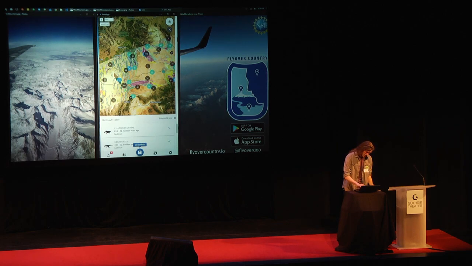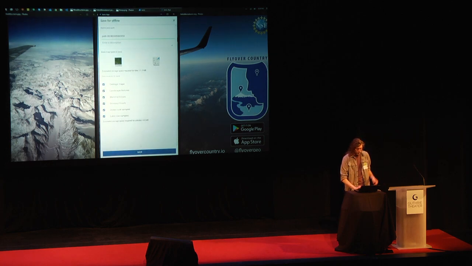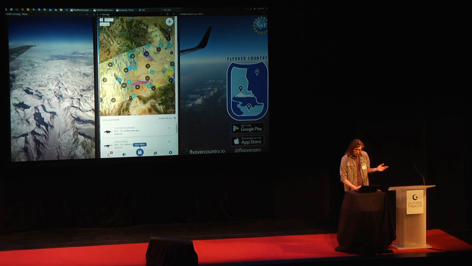So this next button that you'll click here is Save for Offline. And this will give you a couple choices. You can choose what base maps you want. You can choose which of those things that you find interesting. I'm going to skip this because I've already done it. It'll take 2 minutes or so. It'll be 100 or so megabytes, maybe a little bit less, for that little flight path, and it's all saved to your phone.